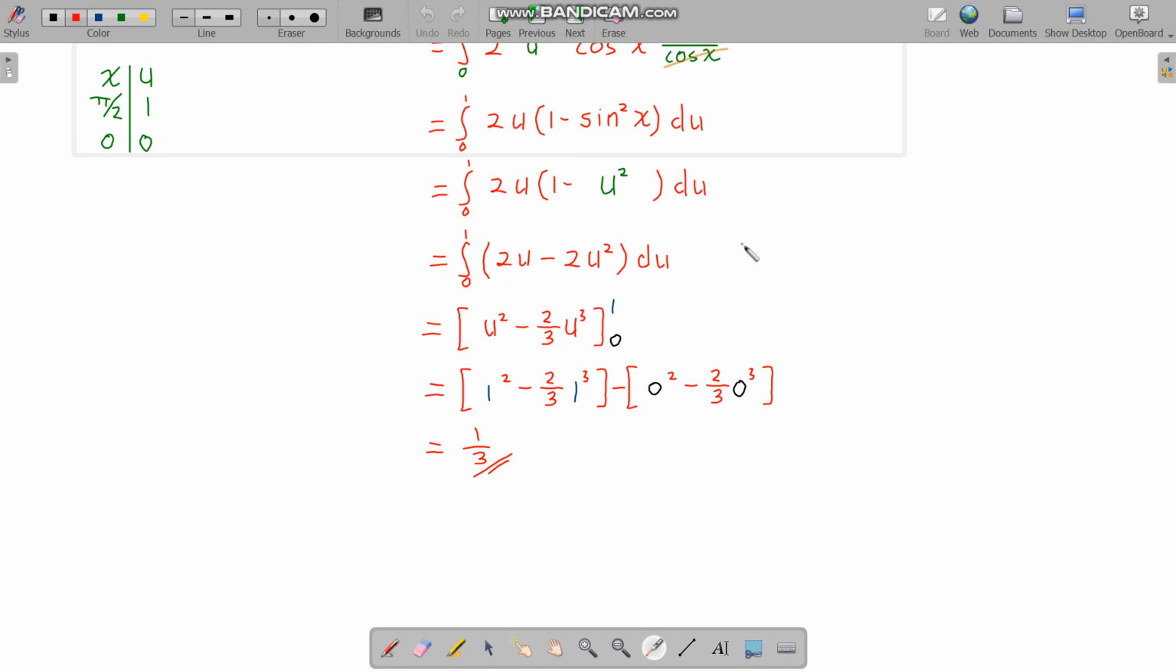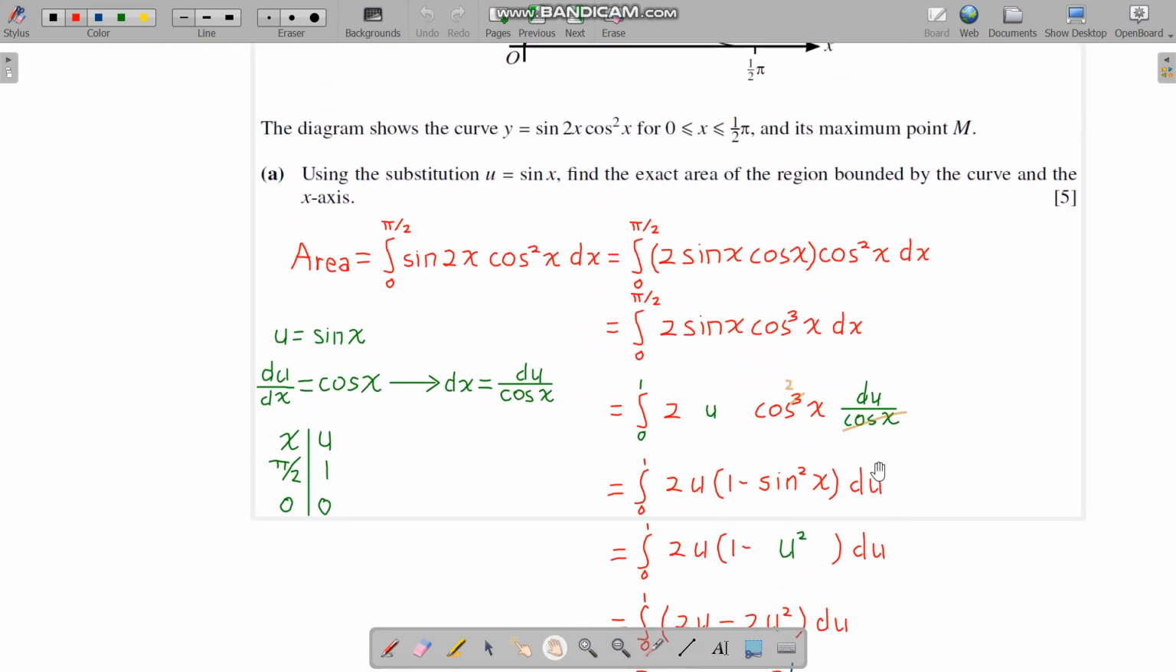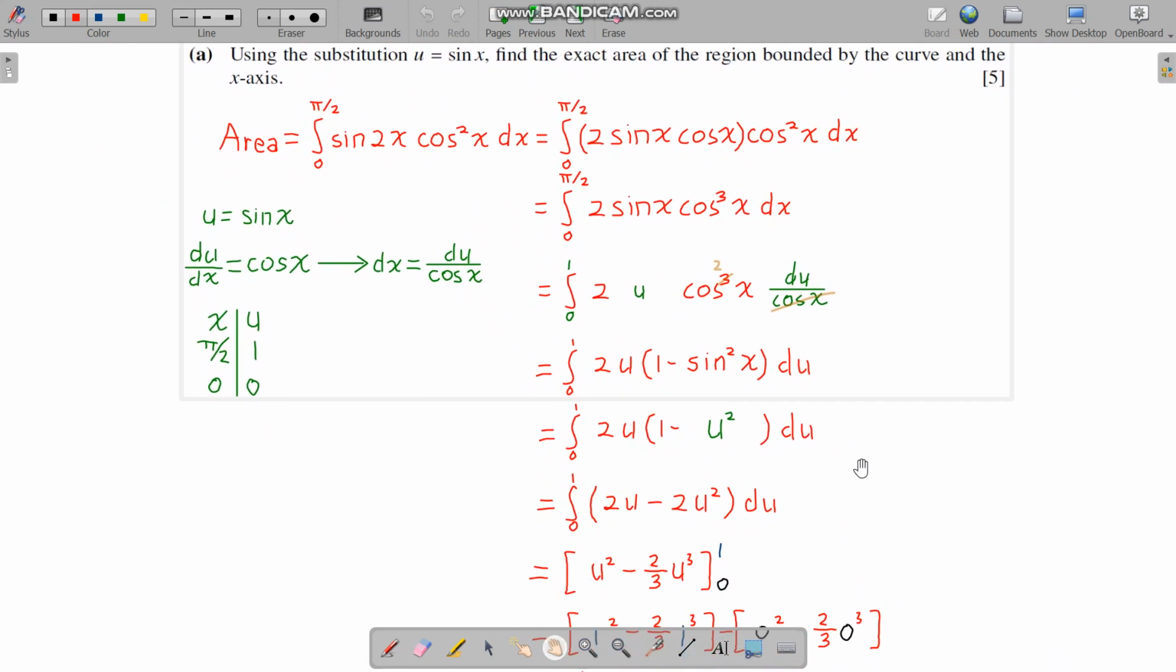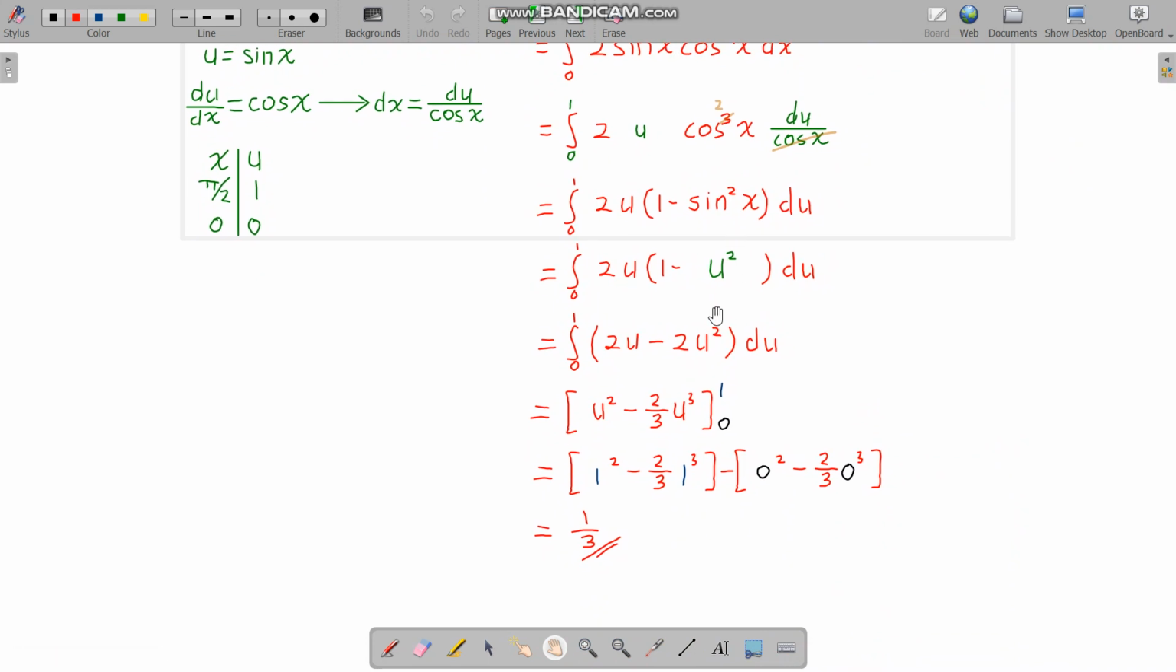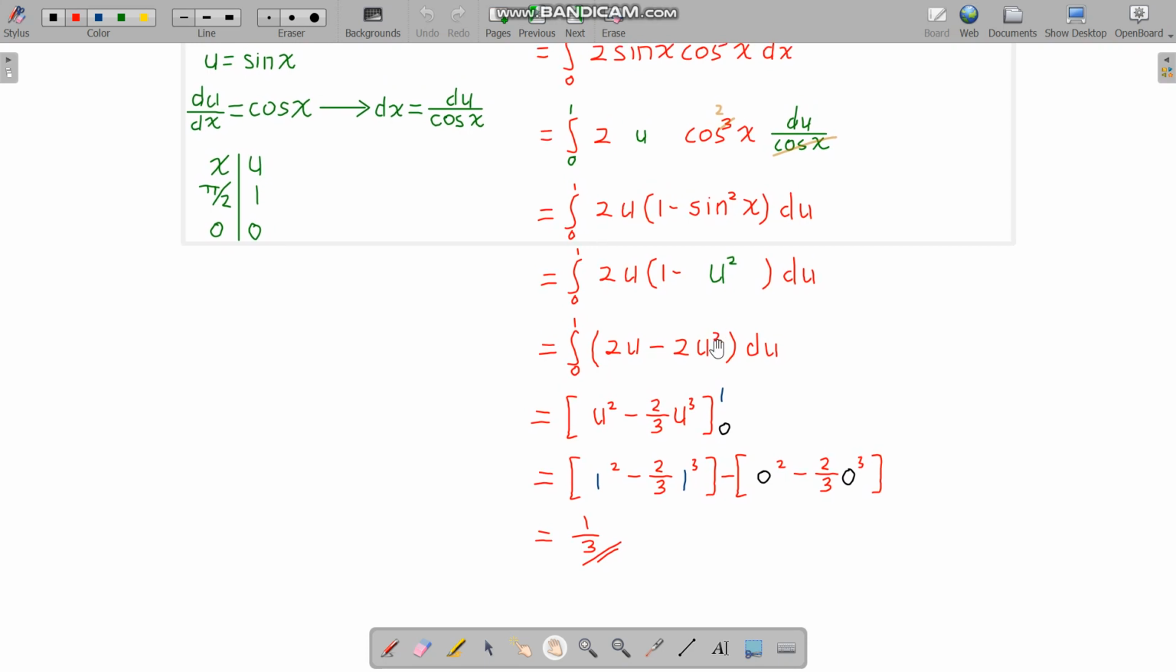Wait a minute, 2u times u squared is u cubed actually. Yep, this is actually u cubed. So 2u times u squared is u cubed here, and so we get the